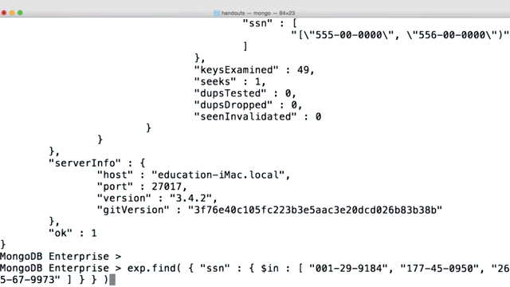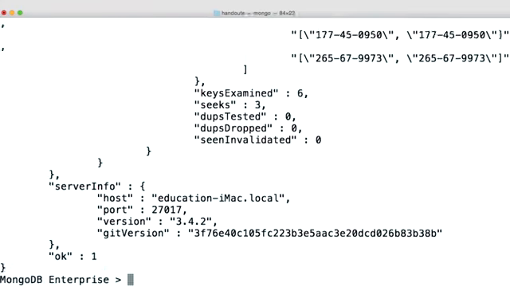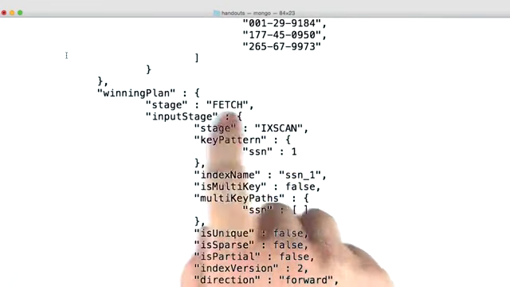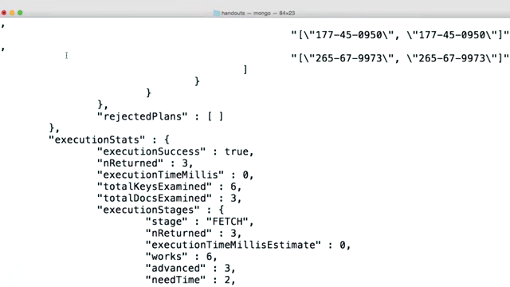Rather than using a range, what if I wanted to query on a set of social security numbers? Well, as you'll see, we're still able to do an index scan as our winning plan. And if we look under execution stats, we only had to examine 3 documents to find the 3 documents that matched our set. We did have to look at 6 index keys, which is more than we would probably expect, which is a little less efficient than it could be, but it's still much better than doing a collection scan. These extra index keys are due to the algorithm the system used, which can involve overshooting the values we're looking